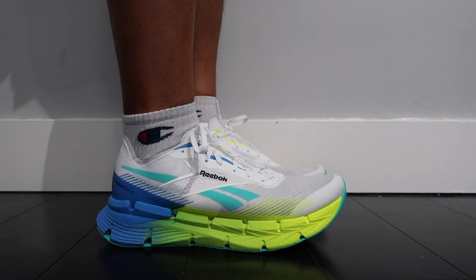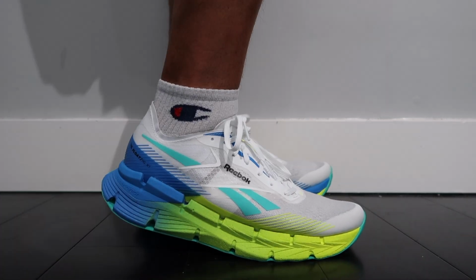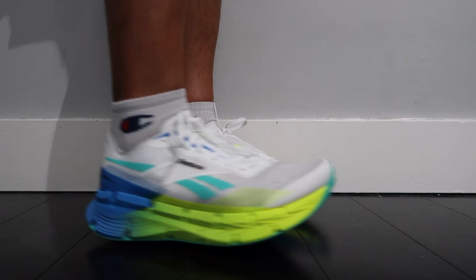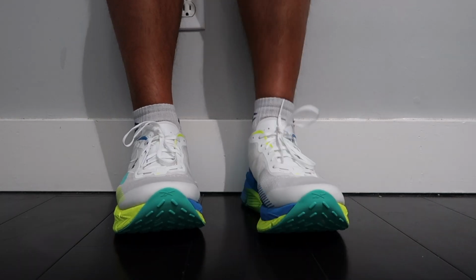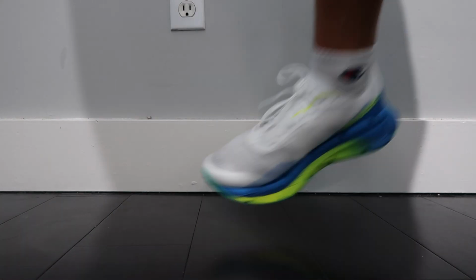Just trying them on, because I'm returning them, I did feel that the shoe was a little bit heavier than normal, especially for a race day shoe. I know that weight is a big deal, and these definitely felt a little bit clunky and a little bit heavy, just because the midsole is a big body and it is definitely a little bit heavier than the upper. The upper was really lightweight, so I thought the shoe was going to be lightweight in general, but due to that dense and heavy midsole, it does feel a little bit clunky, and that's something to note if you're looking to buy this shoe. As for how the midsole felt just on initial try on,